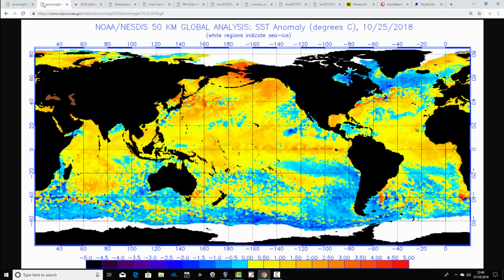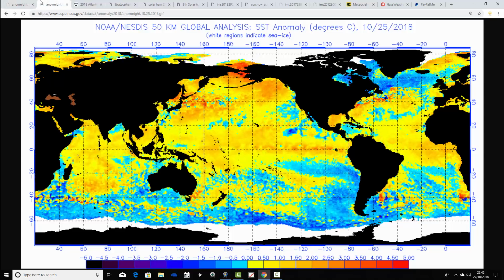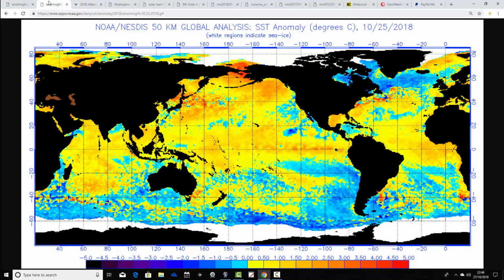This is the very latest, and let's deal with the ENSO region first of all. I think we have seen a little bit of strengthening of the El Nino signal in the ENSO region. Last week, you remember, it appeared to be backing off a little bit. This week, it's actually strengthened slightly with a little bit more in the way of orange here in the Equatorial Pacific